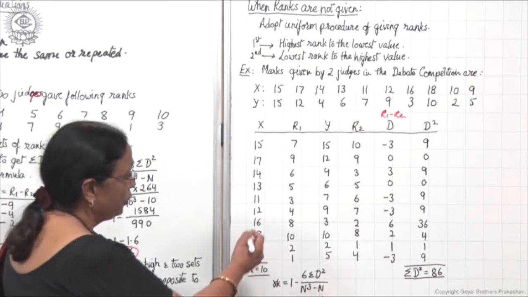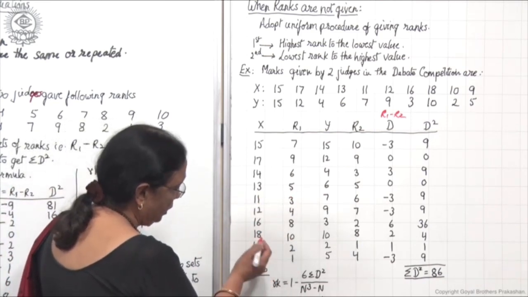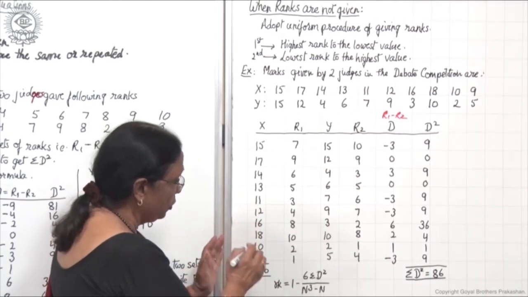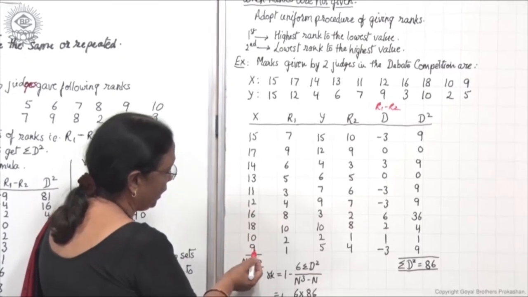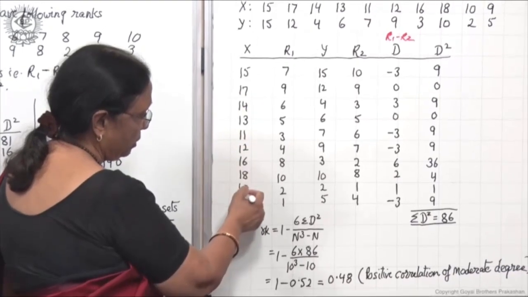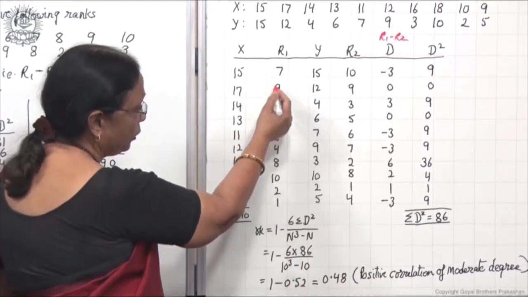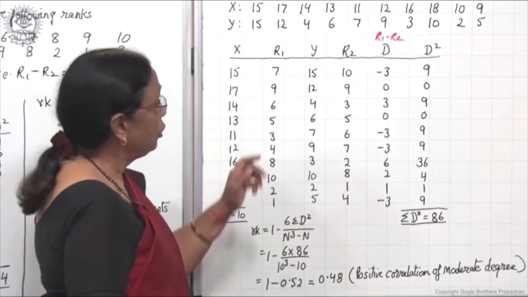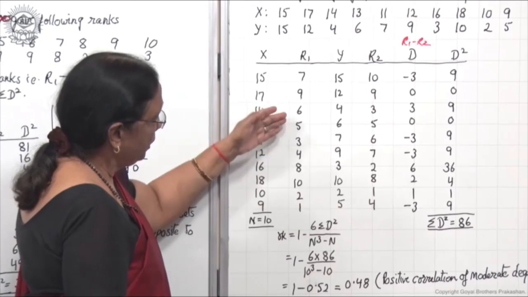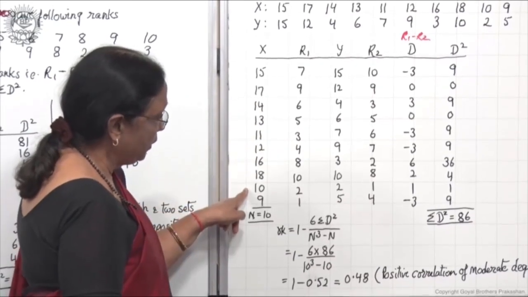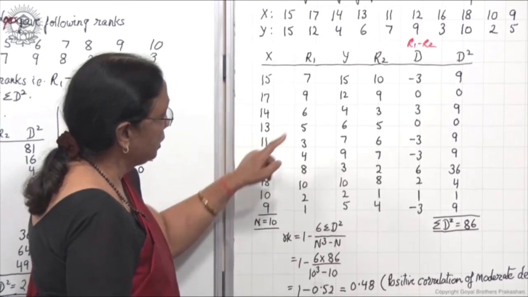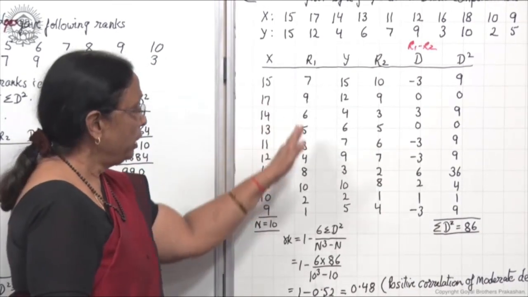So in this way you keep on giving the rank, starting here we have started from the lowest. We can start from the highest also, but in this example we have taken the lowest value as first rank, and then find out the next higher value and keep on giving the ranks like this. You need not write down 1, 2, 3, 4 in the same order. It can be according to the marks given here. So 9th is first, 10th is second, and 11th is third, like this. So keep on allotting the ranks.